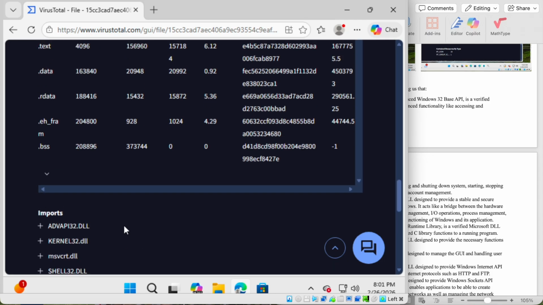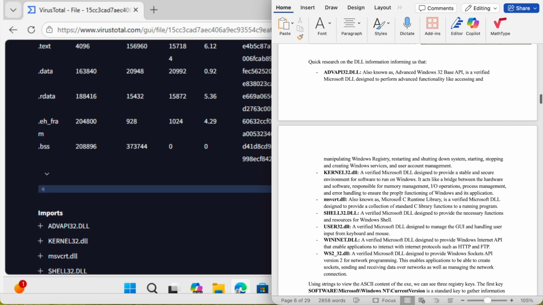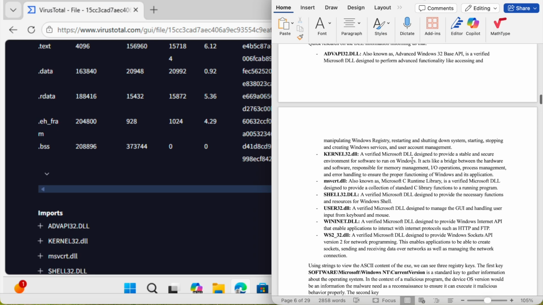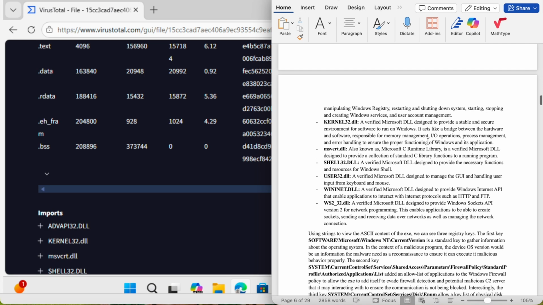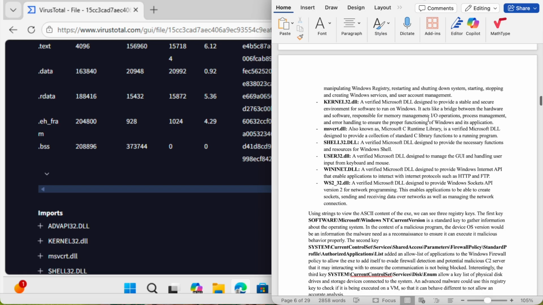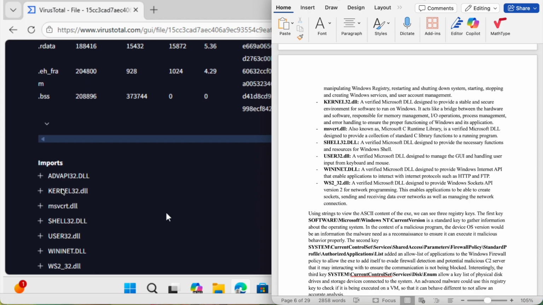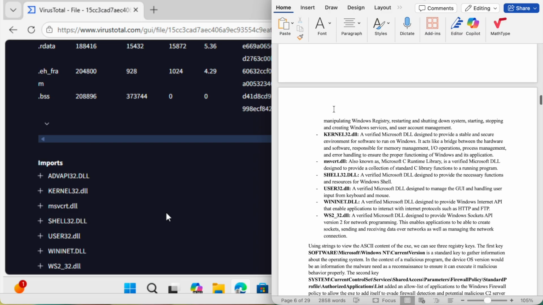So the import ADVAPI32.dll is actually a verified Microsoft DLL designed to provide a stable and secure environment for software to run on Windows. It acts like a bridge between the hardware and the software and is responsible for memory management, input and output operations, process management, and error handling, to ensure the proper functioning and linking up of Windows and the application. The import kernel32.dll,